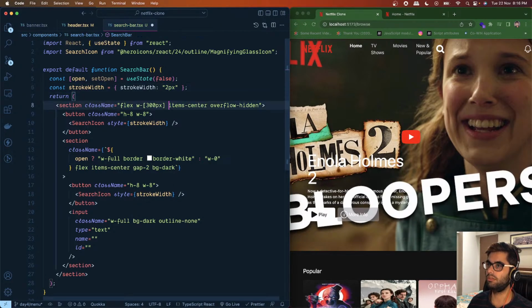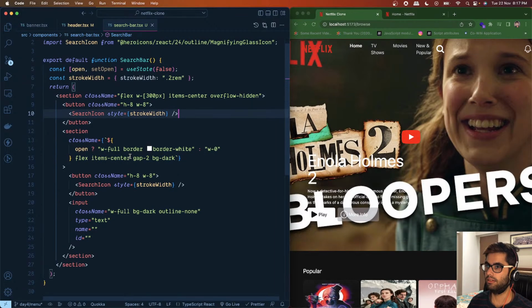Okay, wait, this is a bit too thick. All right, and actually let's use rem values so that based on the zoom they work accordingly. All right, let's give this a name, search bar, and id search bar. All right,